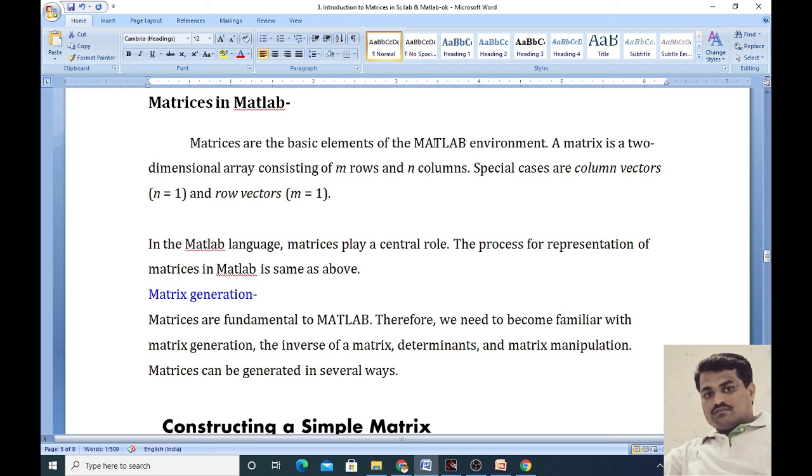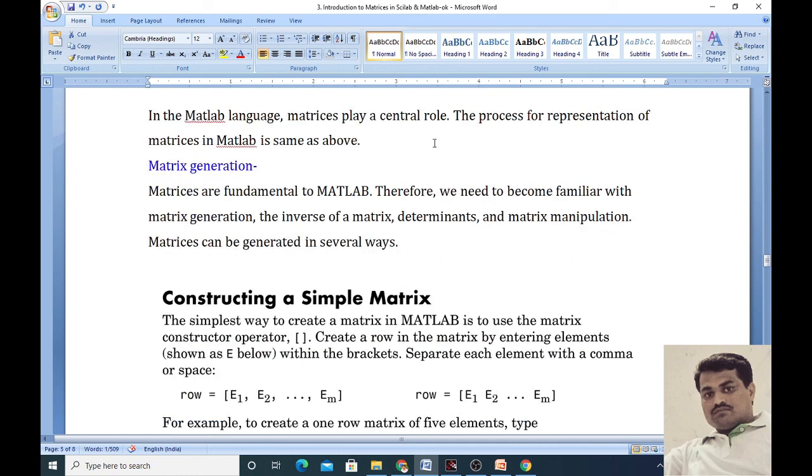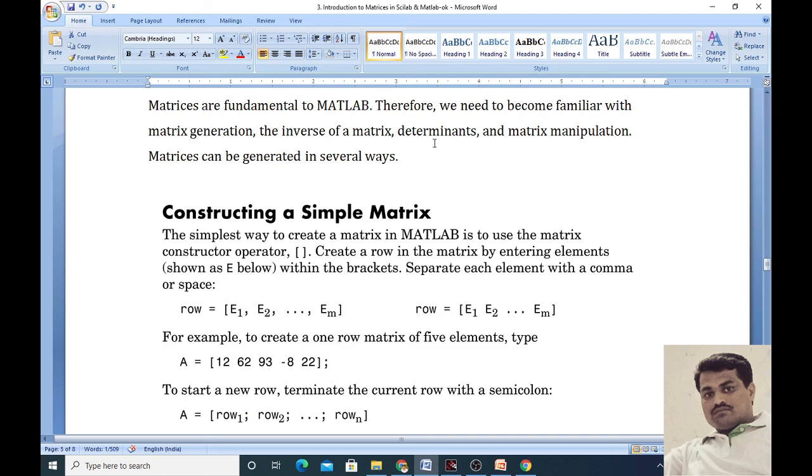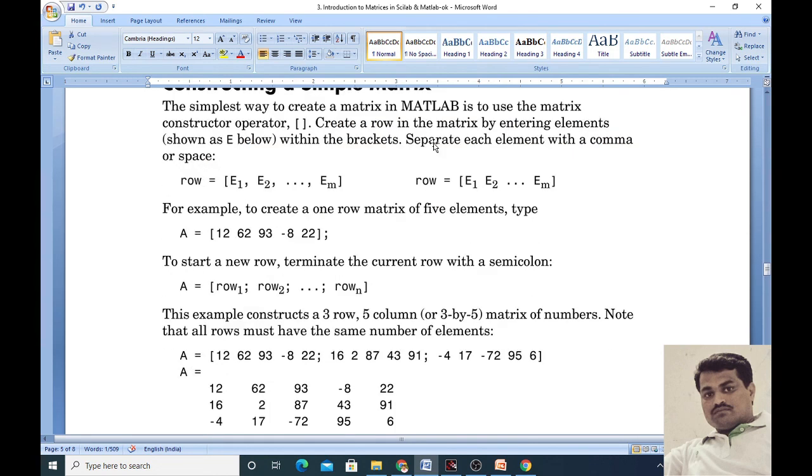Also we can take, for example, the rank of the matrix, same command. For the inverse of the matrix, same command. For the determinant of the matrix, same command. The rules for multiplication and addition are the same. And the same way we can define the matrices and algebra of matrices in MATLAB. Here, for example, the same way.